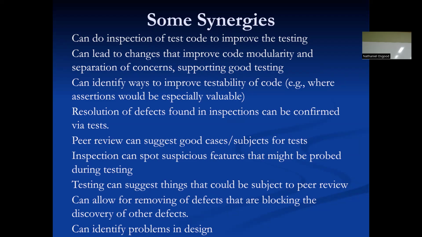So peer review can allow us to identify opportunities for modularity, which indeed raises separation of concerns, which then lets, in a kind of virtuous cycle, us to then test more effectively, which can give us sometimes ideas for areas of the code which are kind of janky, kind of soft, which we can then peer review. Think about that.